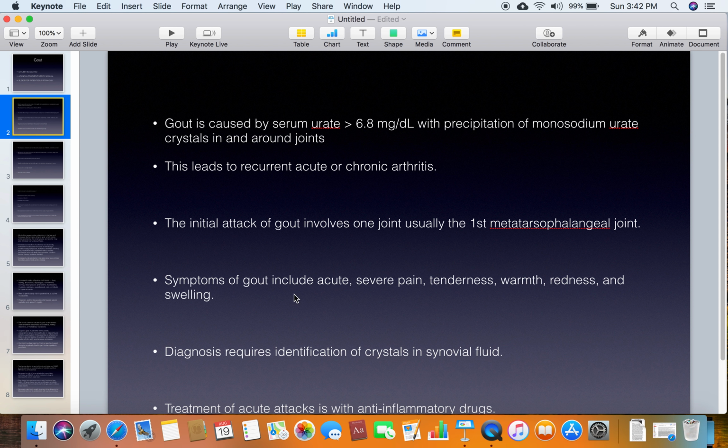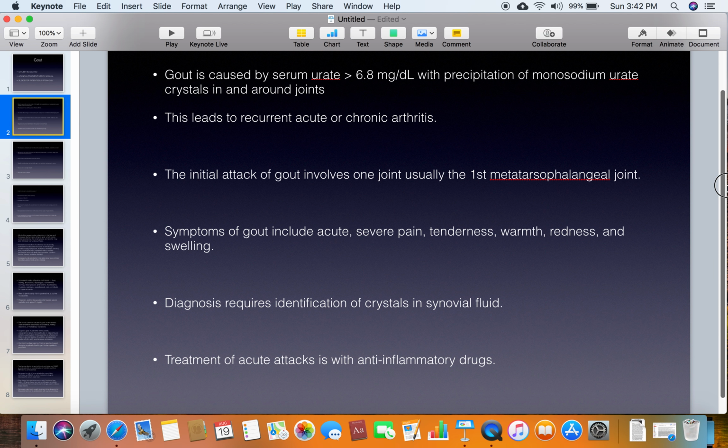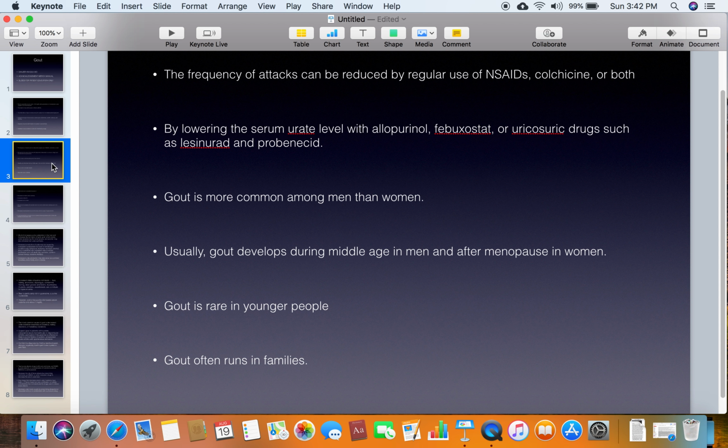Patients present with symptoms of acute severe pain, and there's a lot of pain and tenderness with warmth, redness, and swelling of the greater toe first MTP joint, or metatarsophalangeal joint. The diagnosis requires the identification of crystals in the synovial fluid. Synovial fluid is the fluid in the joint space, and the treatment is with anti-inflammatory drugs that I will be